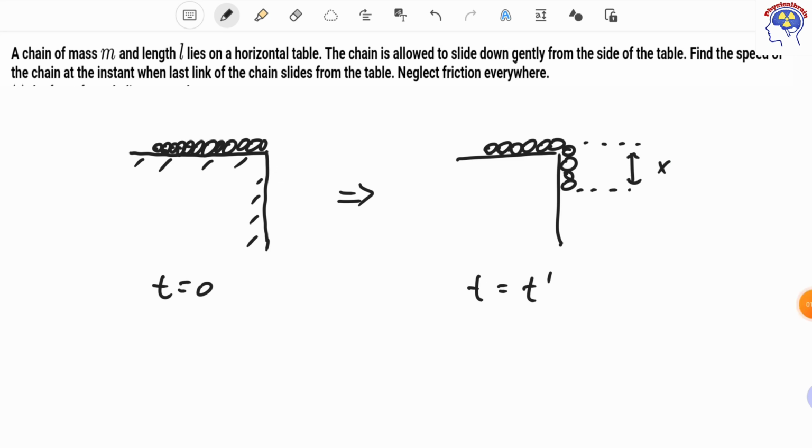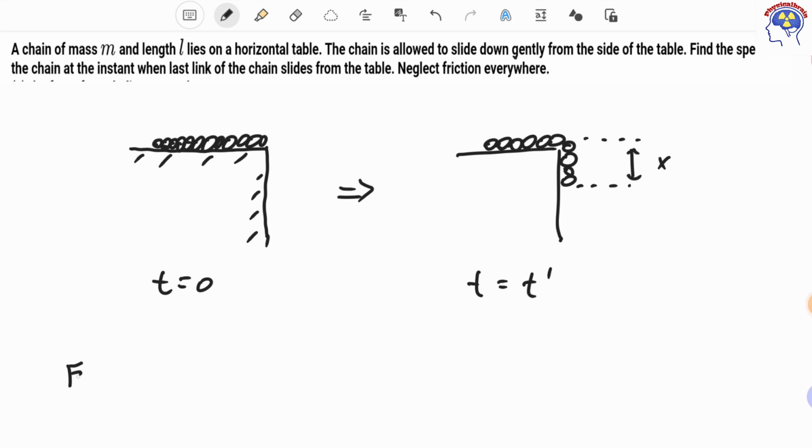Now the question asks to find the velocity, the speed, when the chain is in the air with acceleration of g. I'm going to solve it more generally, and as I said, I'm going to solve it with three different principles. One from the energy point of view, the second one from the forces equation, and the third one, change of momentum. From the energy point of view,